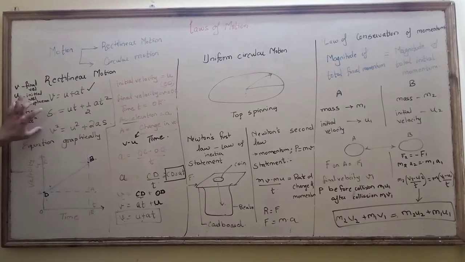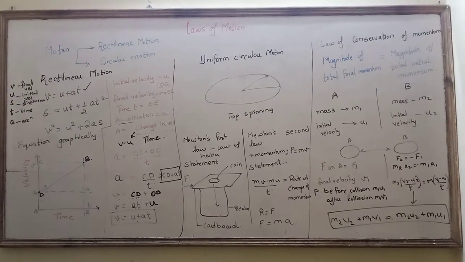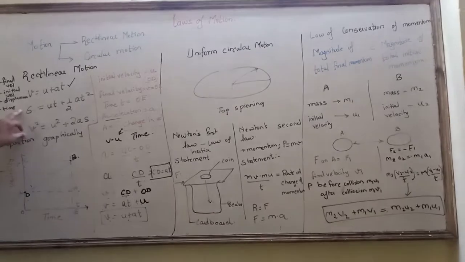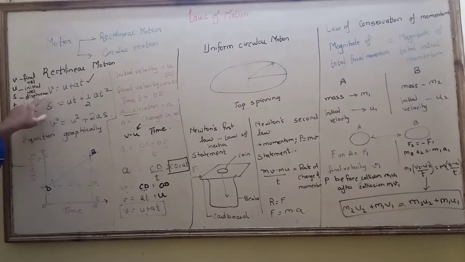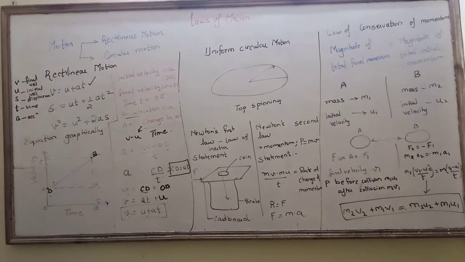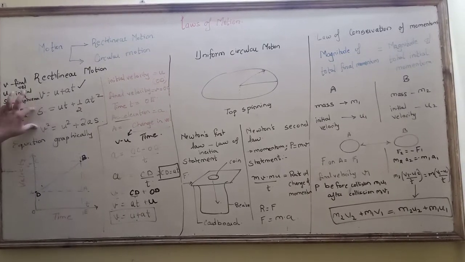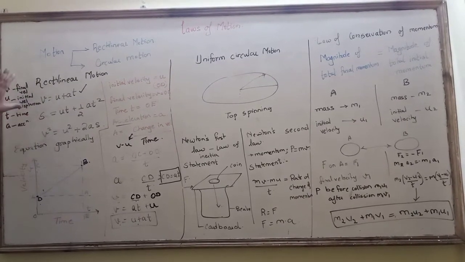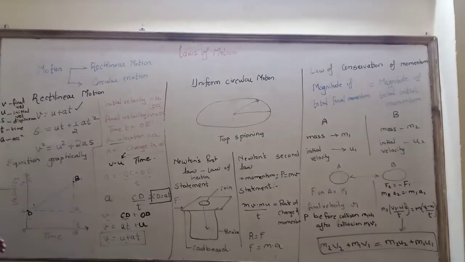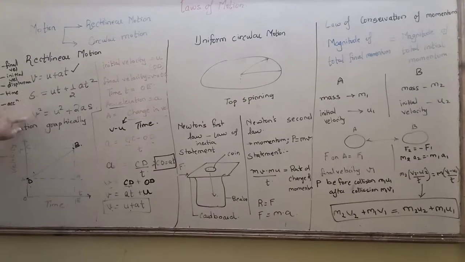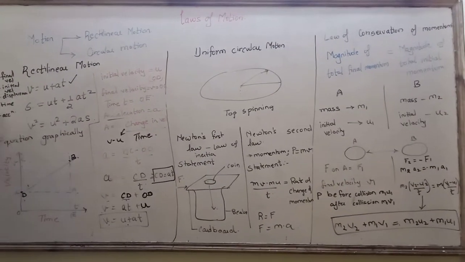Now you must be thinking, why have I not written s and v square? This is just to get an idea as to how these three equations can be got graphically also. What you need to know is, you need to learn these three equations by heart, and questions may be asked related to numericals based on these three equations. You need to utilize these three equations in order to solve the numericals. All these three equations can also be proved graphically, but I have just given an example of one.